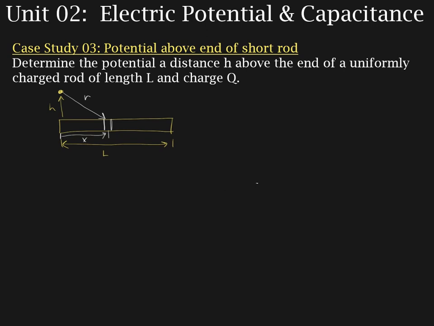Okay, so the first thing to take note of is that this is a non-ideal Gaussian symmetry, so it's not ideal Gaussian, and as a result we're going to take the Coulomb's law approach. So we start with dV is equal to k dq over r, or V is equal to the integral of k dq over r,